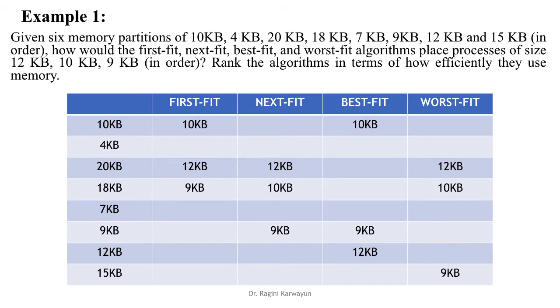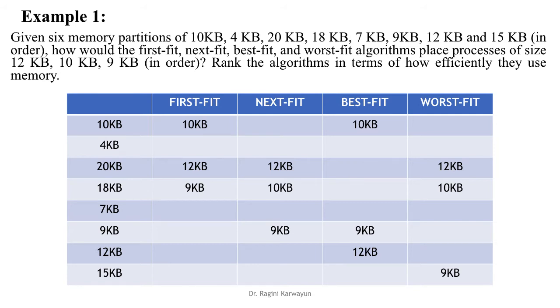Now the next process, 10 KB. Because this is the first fit policy, we again begin our search with the first hole, that is 10 KB. The 10 KB process can be allocated the 10 KB partition because it is big enough to hold it. So this process is allocated the first hole. Now the next process, 9 KB. 10 KB is occupied, move to 4 KB. 4 KB is less than 9 KB, so it cannot occupy this partition. The partition after 20 KB is 18 KB, which is big enough to hold a 9 KB process. So 9 KB will get this partition.